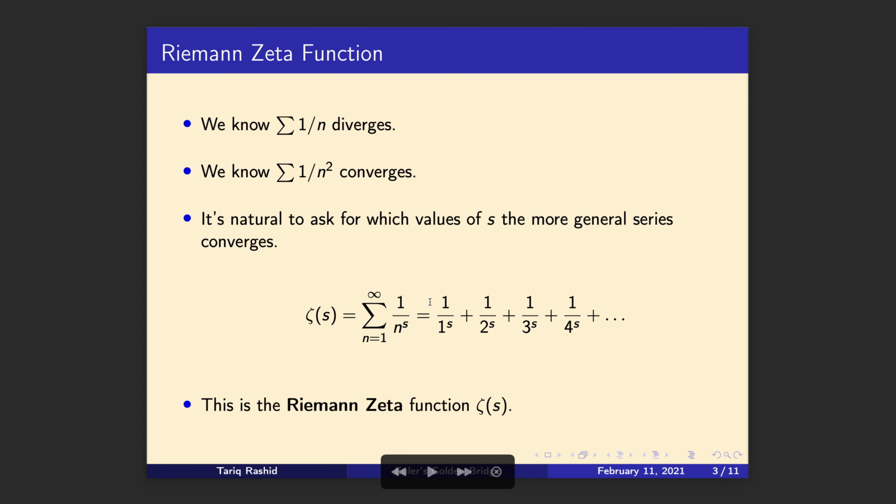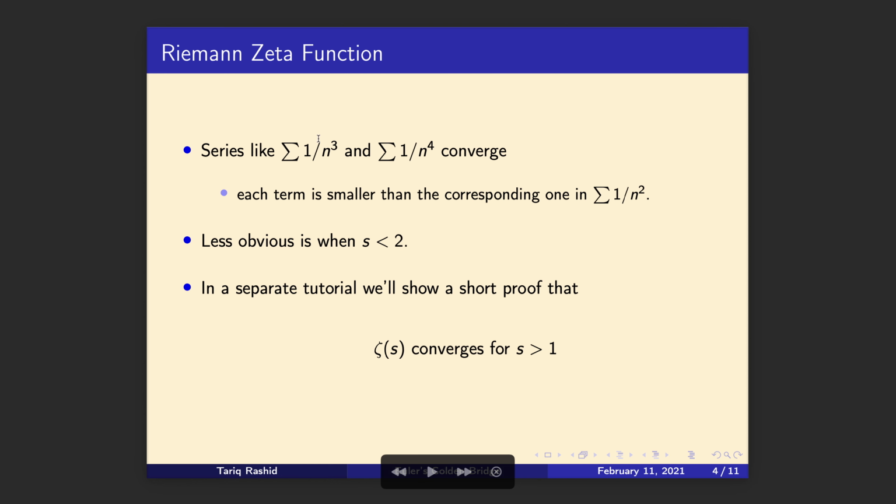We can now say s is 3 or s is 2 or s is 0. So if s is 0, this series turns into 1 plus 1 plus 1 plus 1 plus 1, and we know that diverges. If s is 1, it's the harmonic series, and we know that diverges. If s is 2, it's the Basel problem, and we know that converges. And series like 1 over n cubed or 1 over n to the 4, when s is 3 and s is 4, they converge as well,